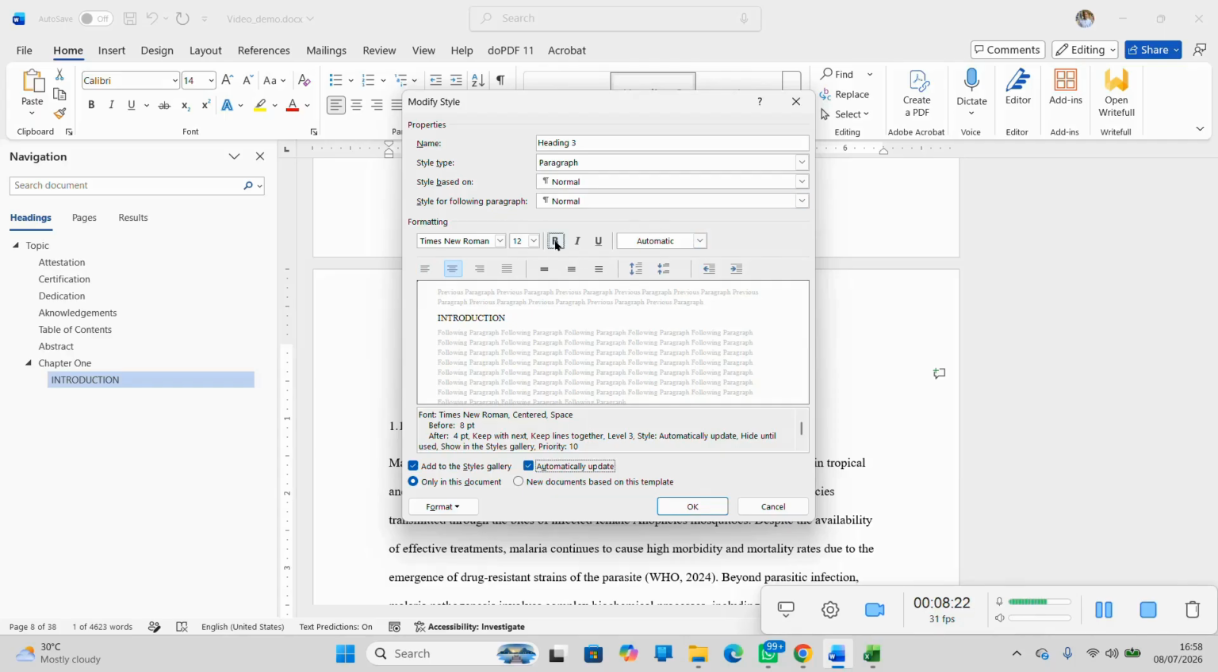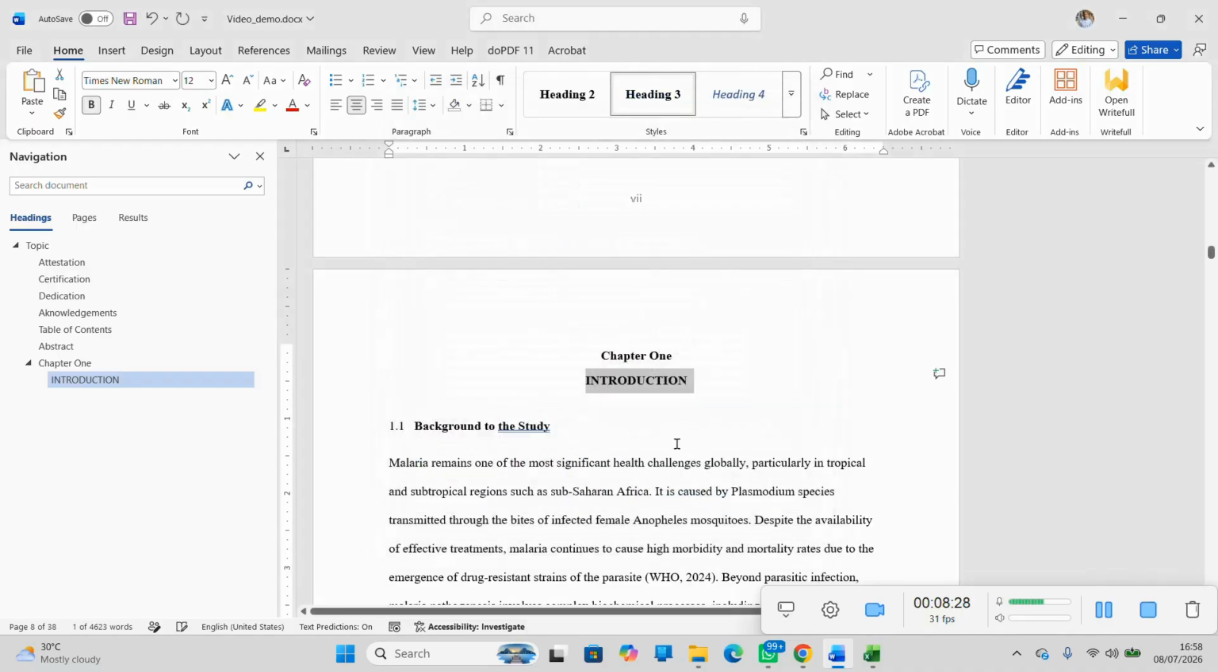Other parameters, if you want to go there, we can make it bold also. Yes, make it bold. So click OK, and then adjust that to how you want it. Now, introduction is under chapter 1, and we have this subheading 1.1. So it means we now want this one under introduction also. So we come here now, and then we select